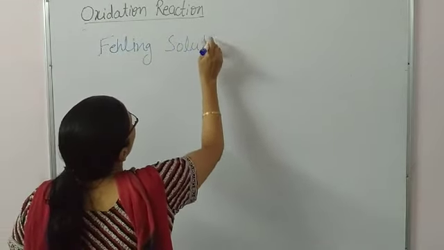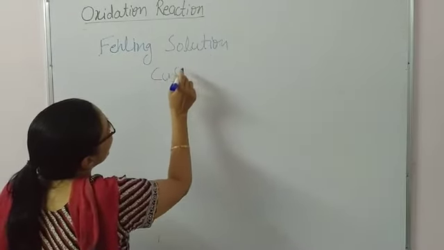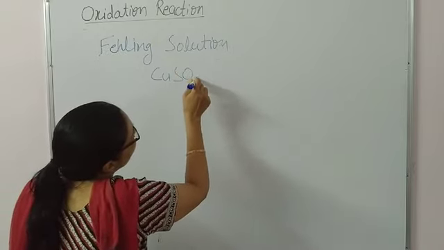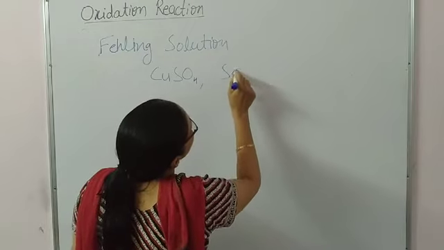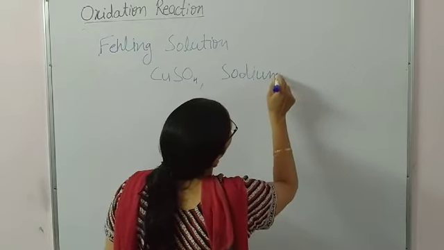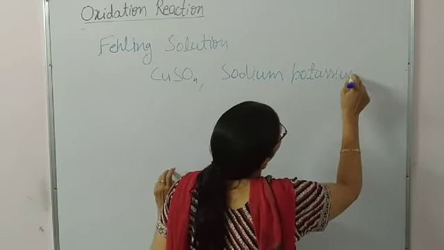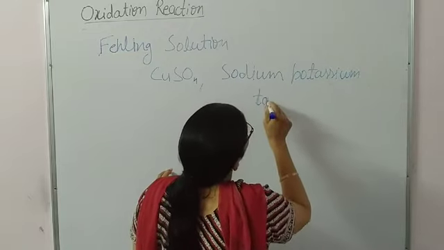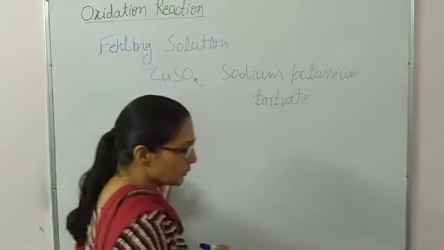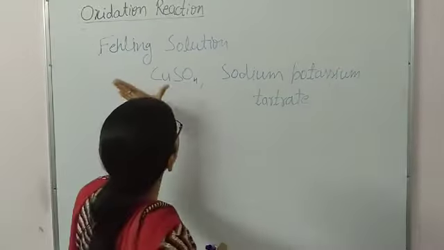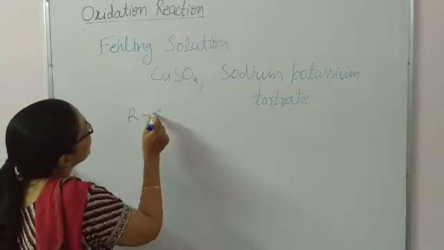Fehling solution. Fehling solution is a mixture of copper sulfate and sodium potassium tartrate. Okay, so sodium potassium tartrate and CuSO4. In this reaction, when an aldehyde is treated with